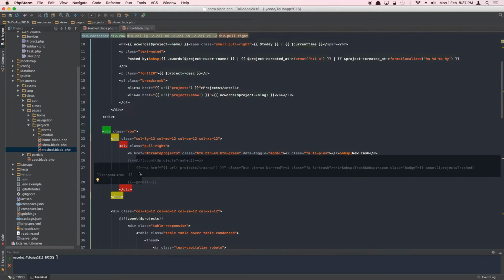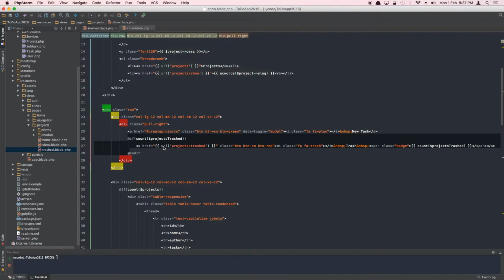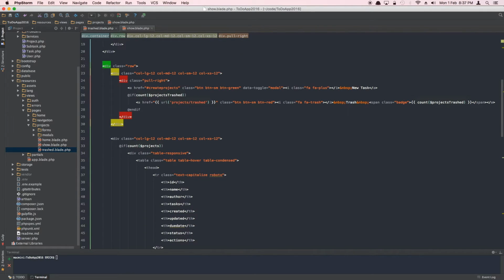Just comment out for now, comment in, sorry, and then this will be essentially find all the tasks that have been trashed. So we're going to have to pass in, we're going to have to do a lot of things. There are no tasks right now, and we haven't passed in this variable. It's going to break our application. Just get rid of this for now. Or maybe leave it. Let's see what happens. And then